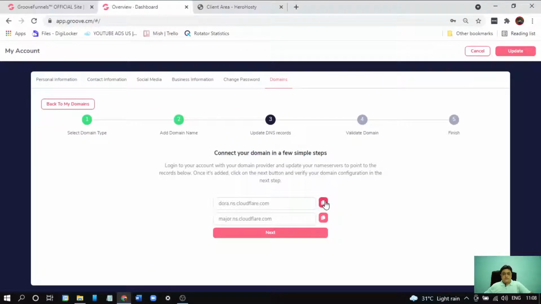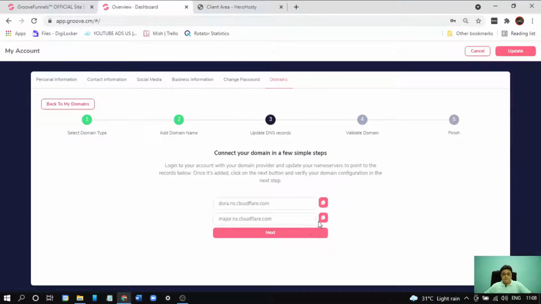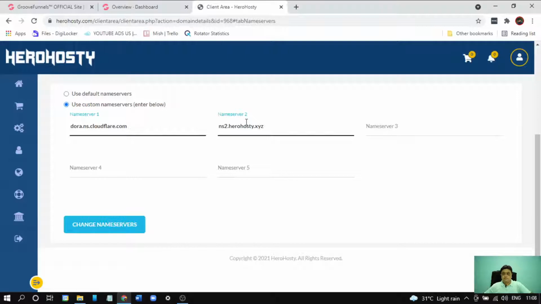Let's copy these name servers and paste them here. Click on change name servers.